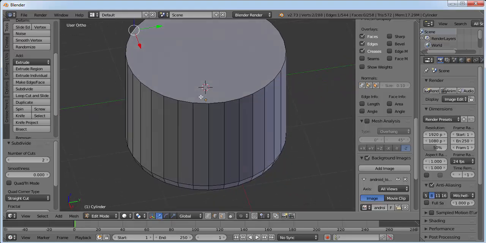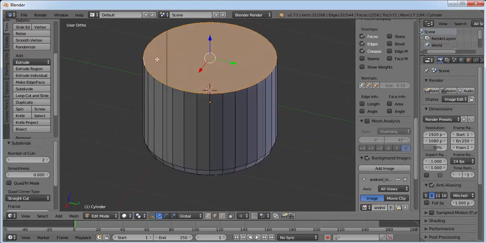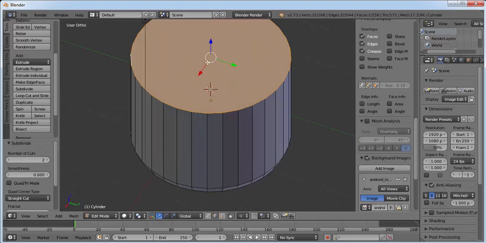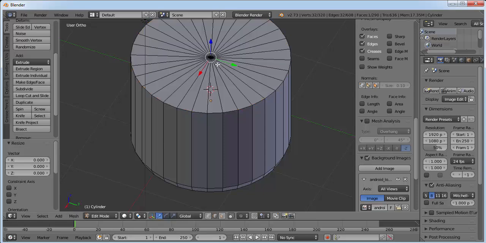Now we'll do the same thing here, but we want subdivided. So bring your mouse here, make sure in the edge select mode, click Alt and right click so that this whole circumference is selected, and now click E and enter so that it gets separated. Now click S and 0 and enter like this.